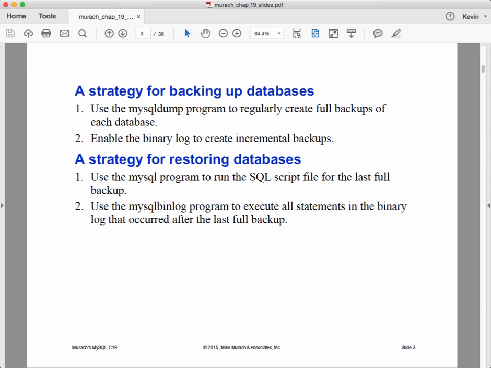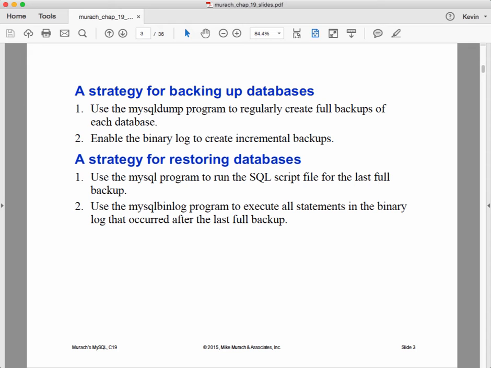So there is a MySQL Dump program that's a command line tool that has a lot of functionality, okay? And so the lecture and the slide set that I have here talks about the functionality of the command line